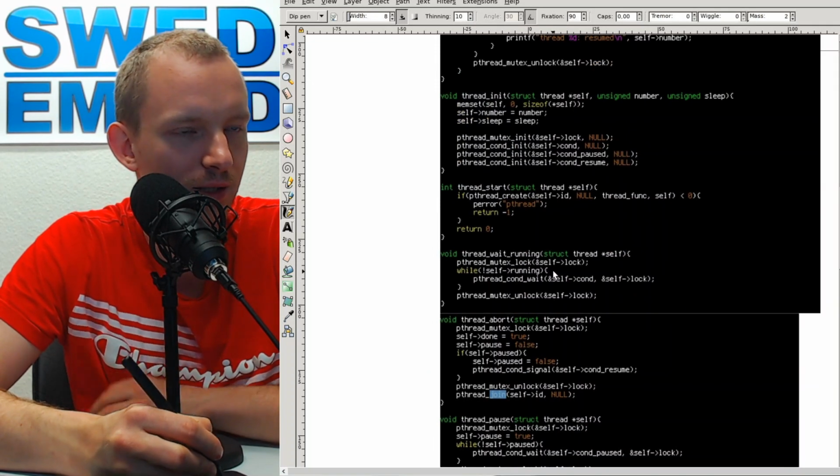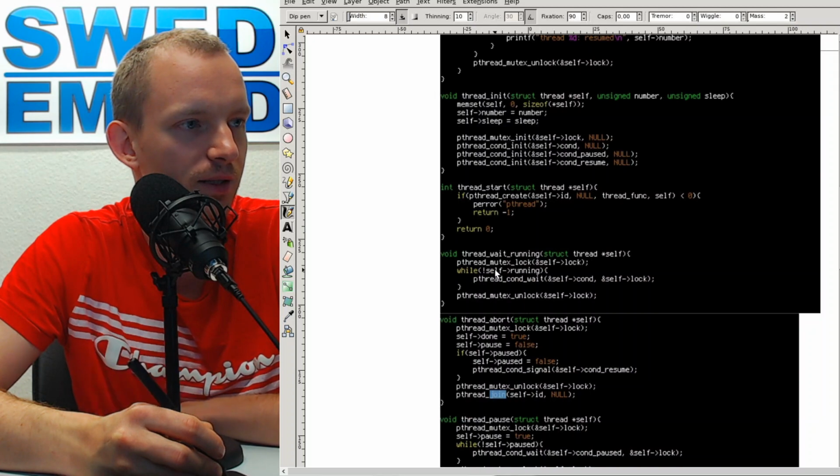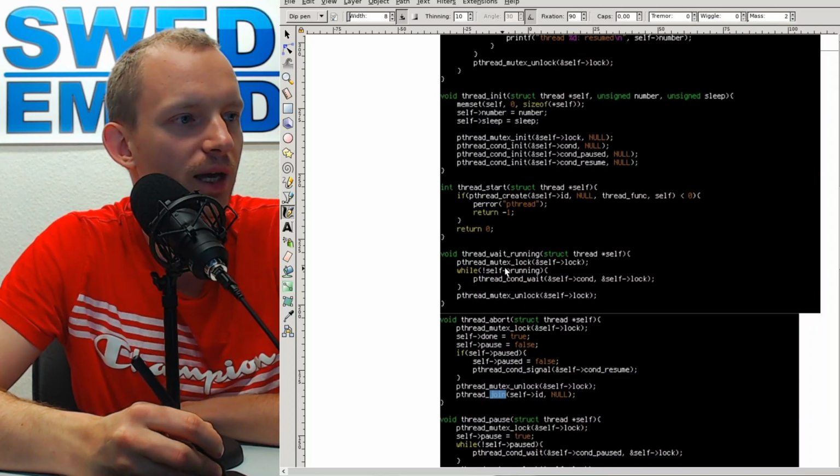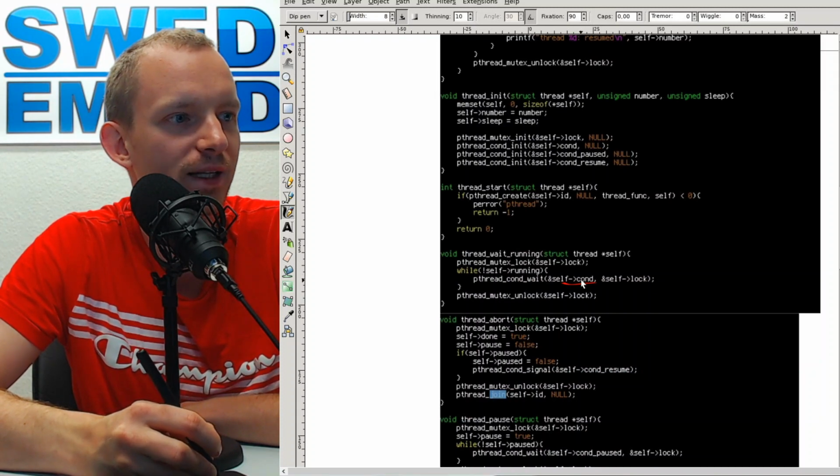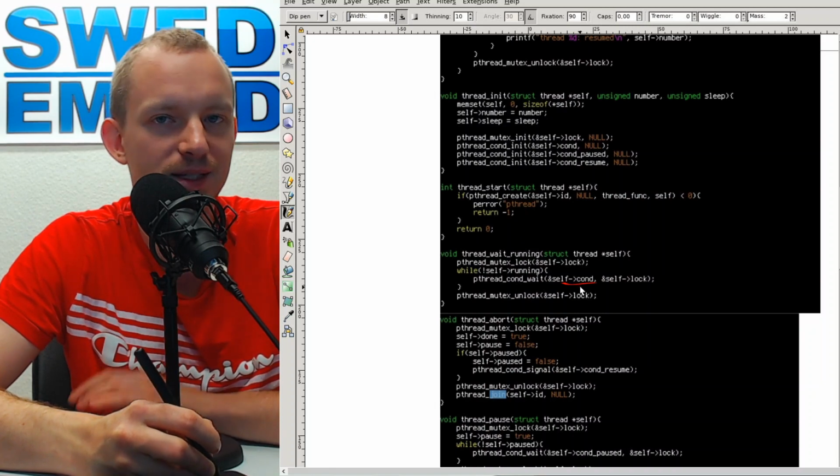So it will wait until the data is in a consistent state, and then it will loop while the running flag is not set, and it will wait on this conditional variable. So the mutex will be unlocked, the thread will be sleeping and waiting for this conditional variable. And then once the conditional variable is set, then